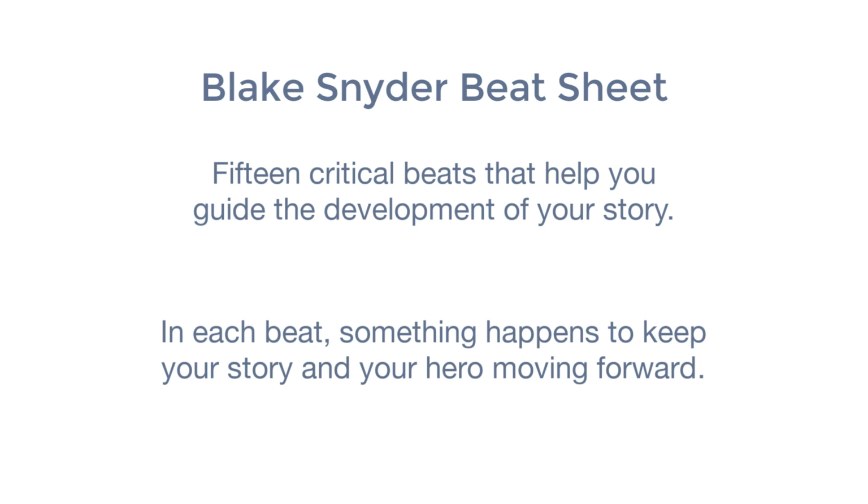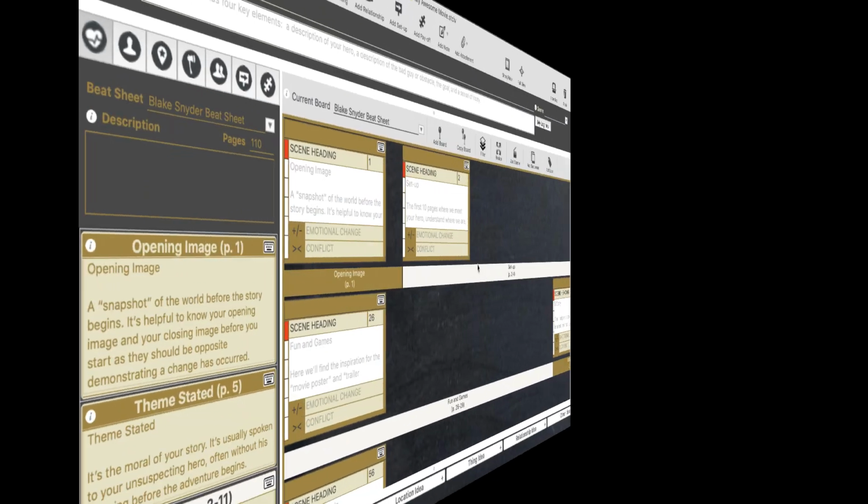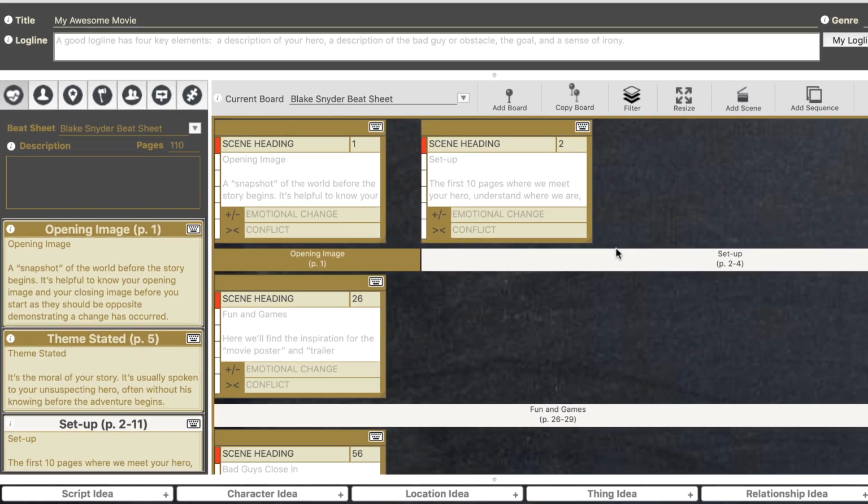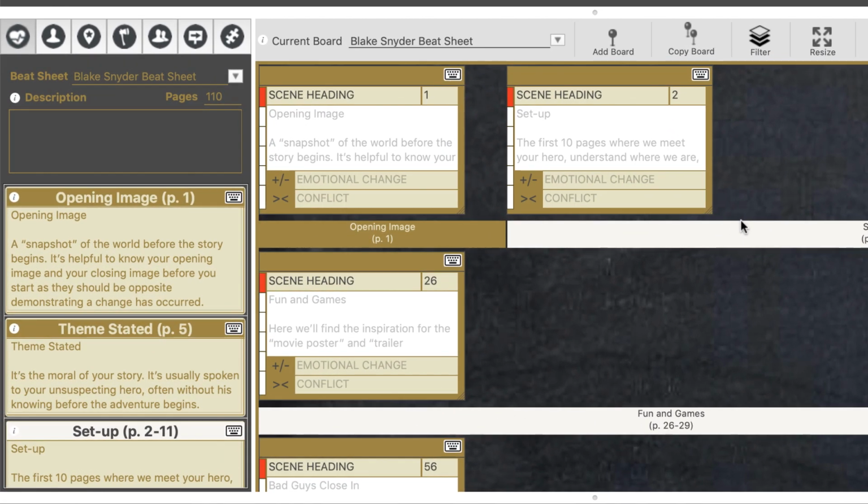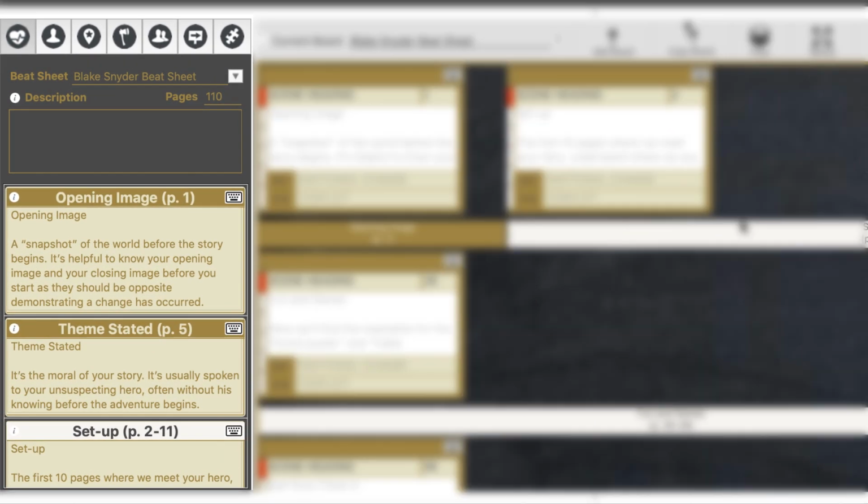So how do you work with beat sheets and Save the Cat? Let's go to the demo. I've already got my project open and the beat sheet is over here on the left. In fact, we call this section the Beats section, even though it also contains tabs for characters, locations, things, relationships,